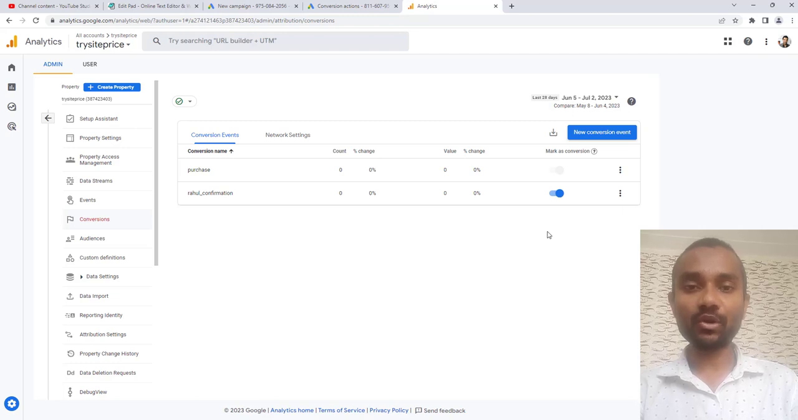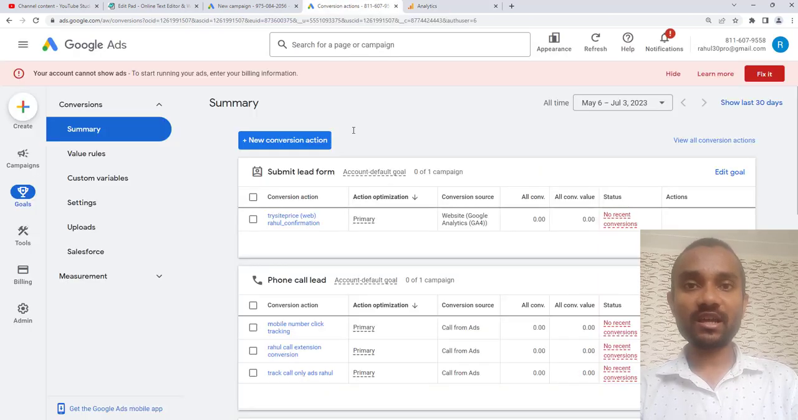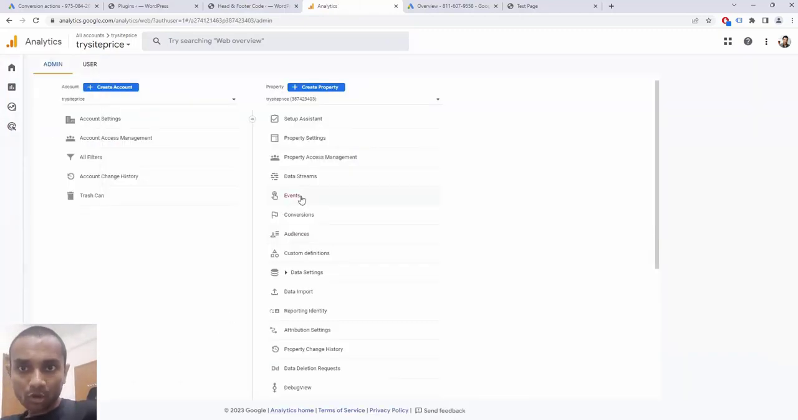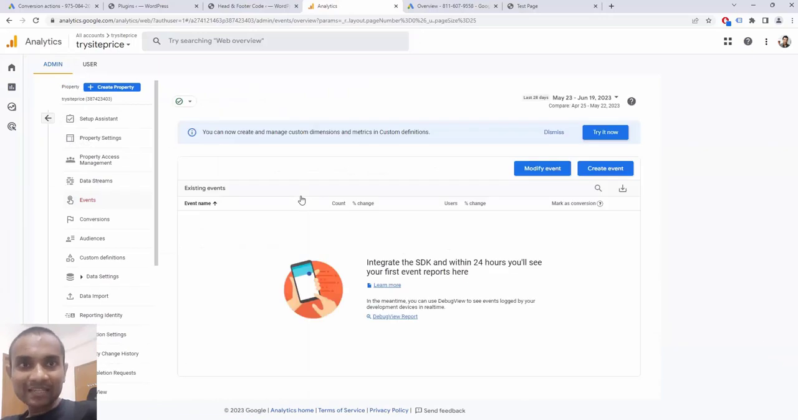In this beautiful tutorial, I'm going to teach you how to create a conversion in Google Analytics and import that conversion inside your Google Ads. Now, once you are inside your Google Analytics, first thing for you is to click on the admin. Next step, click on the event, and inside event, you have to click on create event,